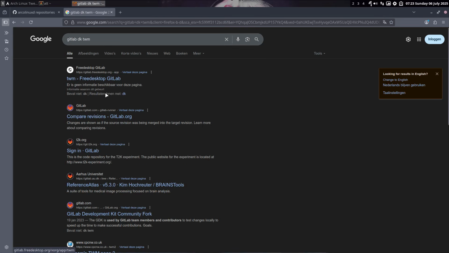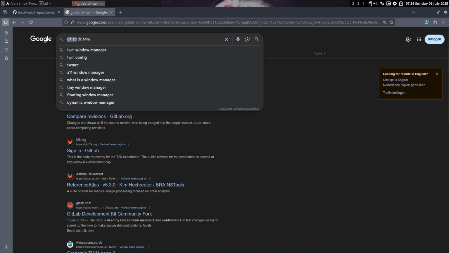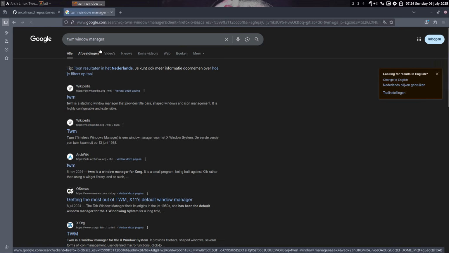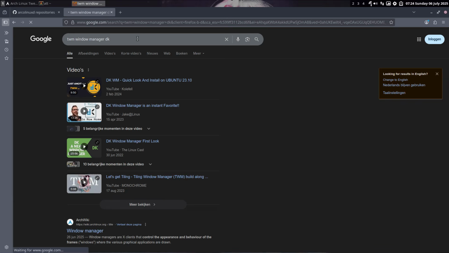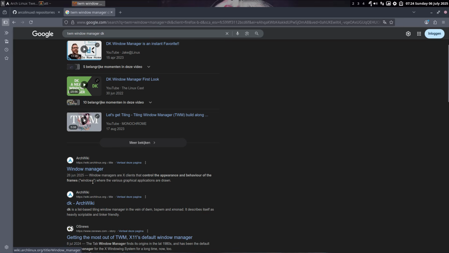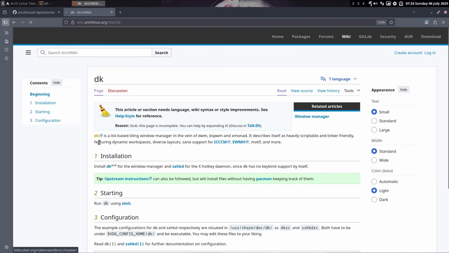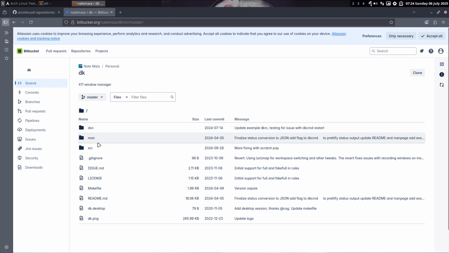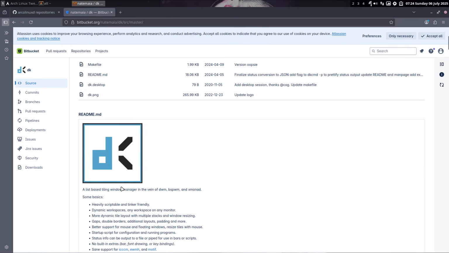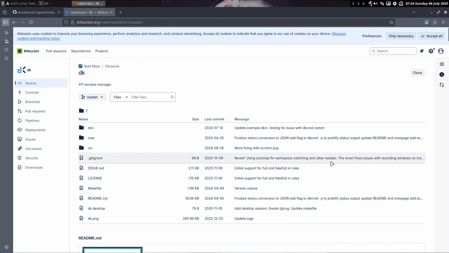DK, DWM, free desktop, not finding it. DWM window manager, sure, but then DK also. Here is some links. DK, archwiki, we can find a link maybe to DK. It's on Bitbucket. All right, fine, right? We found it where it is. Is it still developed? Last commit. Don't see anything about 2025